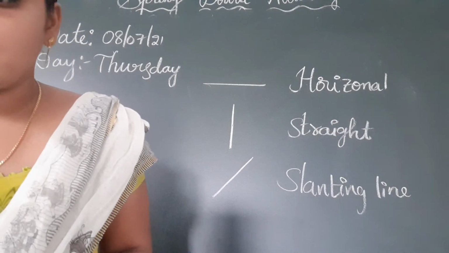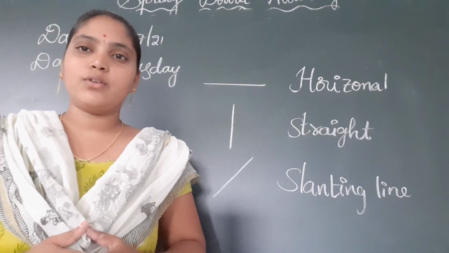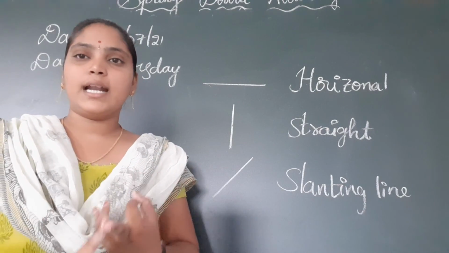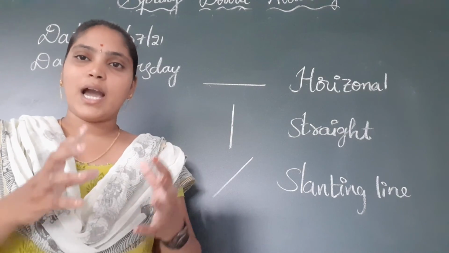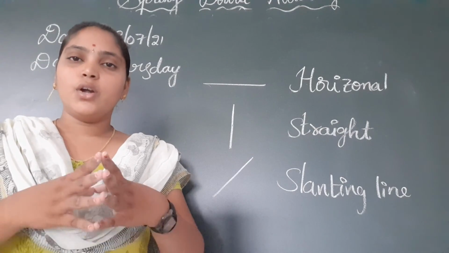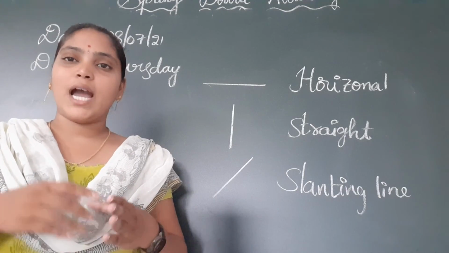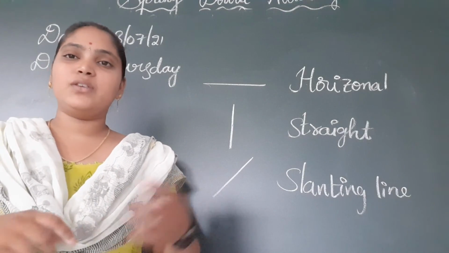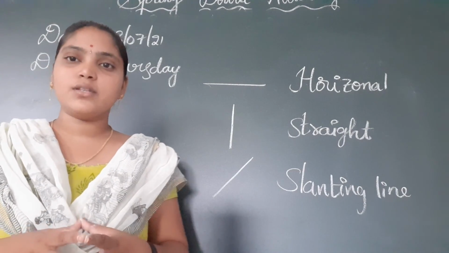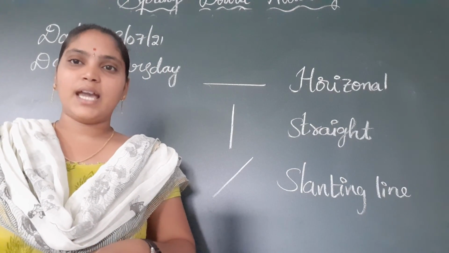This is about today's class, children. So everyone complete the given project work. In the project work, just use objects like an empty matchbox, thread reel, tennis ball and toilet roll, and create any models. Using these objects to create any models is your wish, children. So after creating the models, you have to take a picture and paste the picture in the given space. So here some space is given. In that space you have to paste the pictures. Okay, this is about today's class, children. Thank you. Have a nice day.